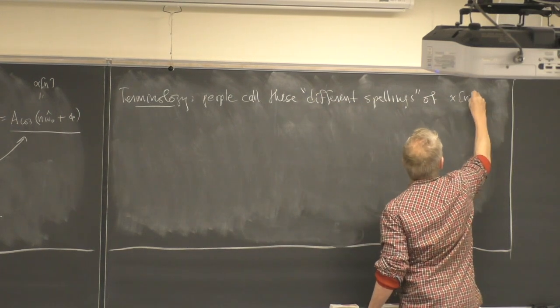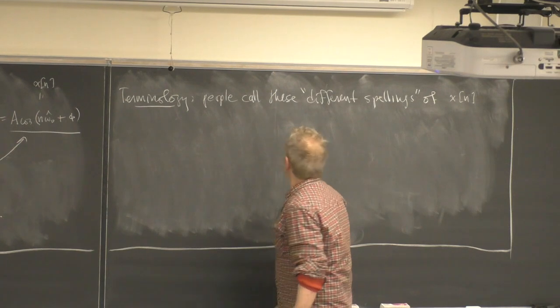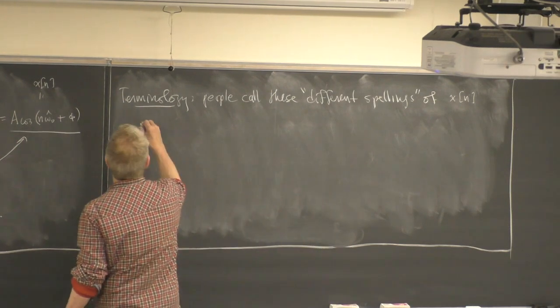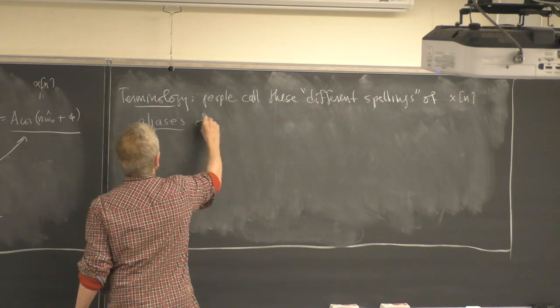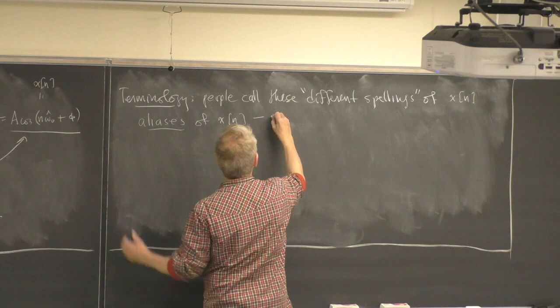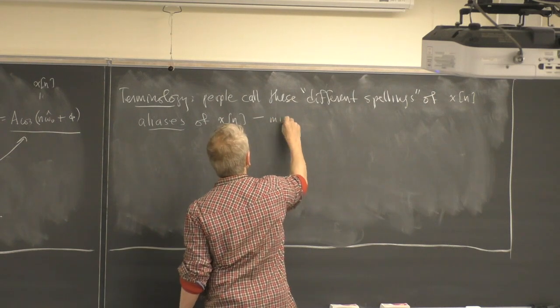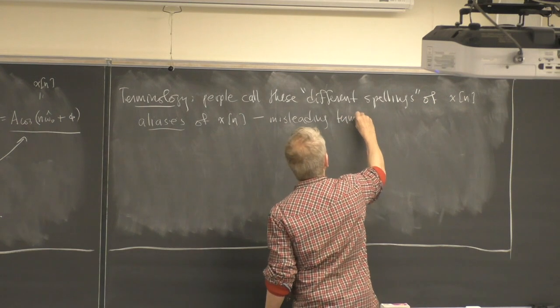I think that's a decent analogy to what's going on here. We call these different spellings of x of n aliases of x of n. But this is sort of dangerous. It's somewhat misleading terminology because